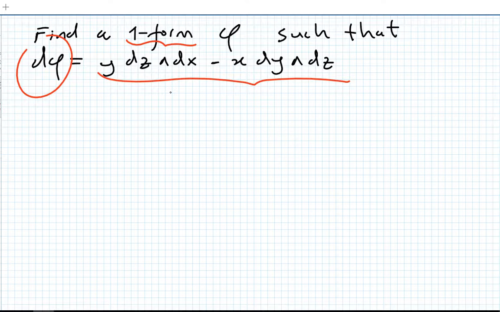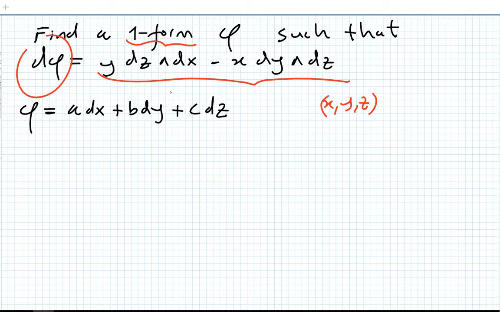So I would say that we have to find a phi, where we have a dx plus b dy plus c dz, right? Because we have three coordinates, x, y, and z, and we have one forms. So this one form will be a linear combination of fundamental one forms. And obviously A, B, and C will be functions of